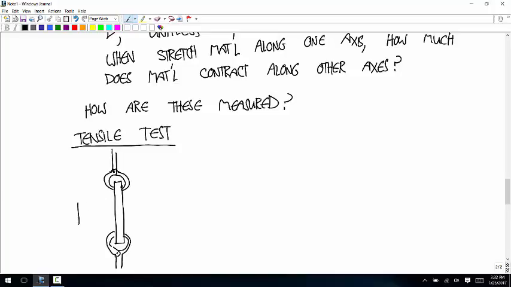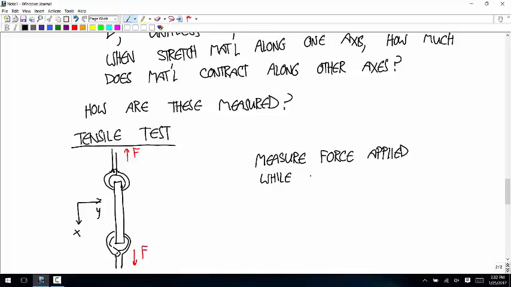Let's call the x-axis along the long axis of this sample. And you apply forces here, and you measure the force applied, and you measure the change in length